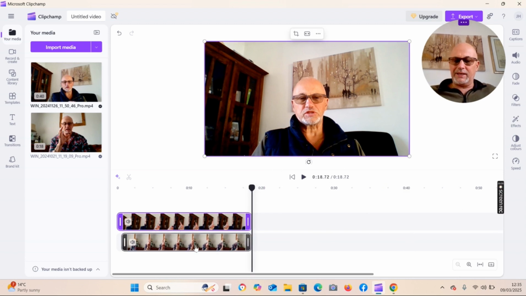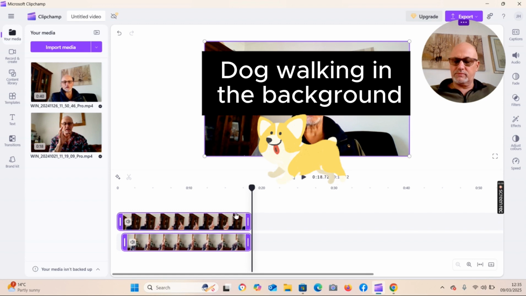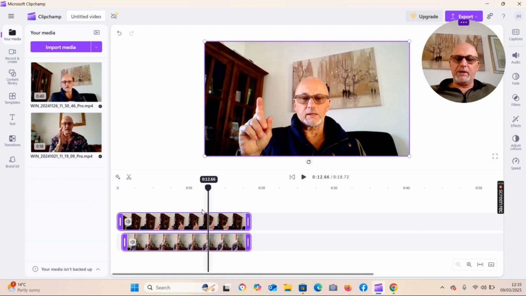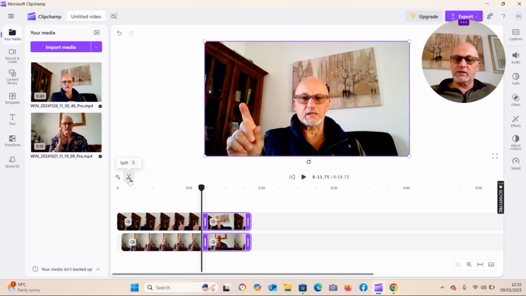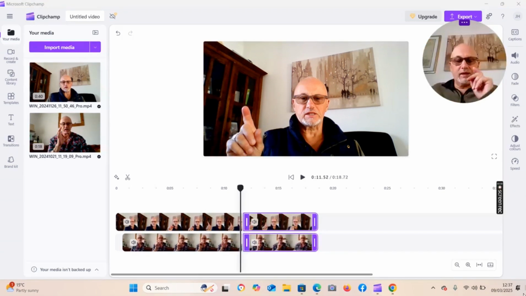I can also highlight the clips, move the blade over, hold the shift key down, and then trim 2 clips at once. So you may have a piece of video that you're trying to trim, cut,